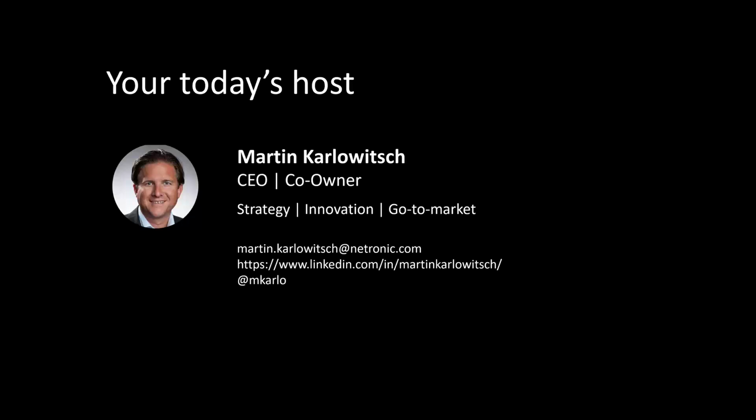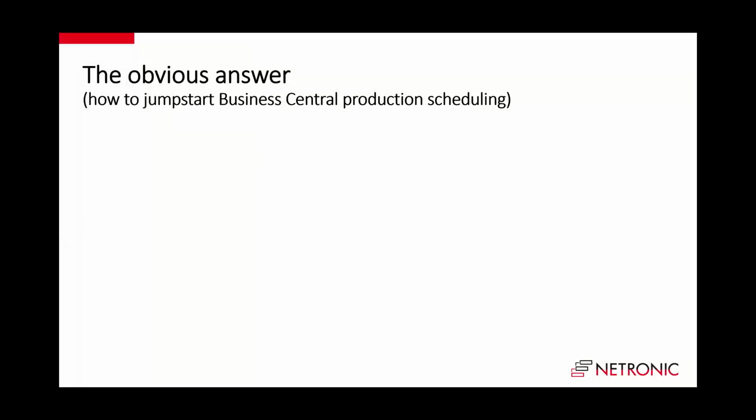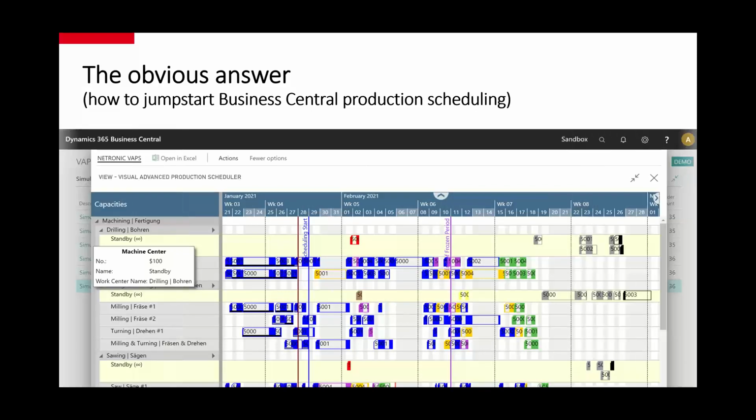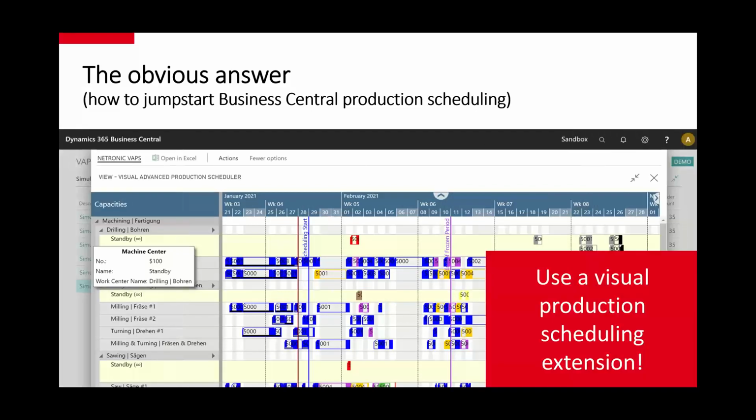And of course, the obvious answer to the question how to jumpstart Business Central production scheduling is this: use a visual production scheduling extension. This is, of course, if you talk to somebody like me who represents a visual scheduling partner for Business Central, the answer to what a jump-started Business Central production scheduling should look like. But although applying a visual production scheduling extension, or a visual scheduling add-in if you're still on NAV, is the obvious and maybe also easy sounding answer,